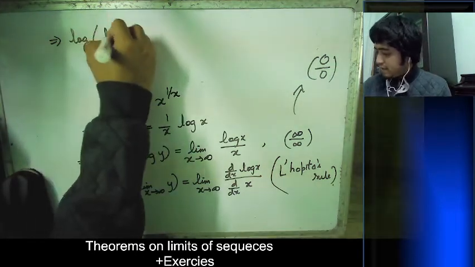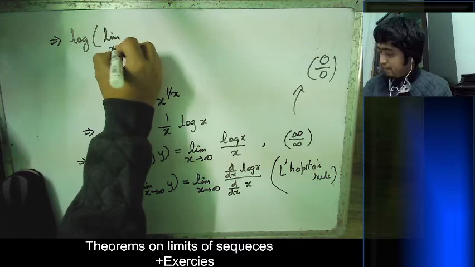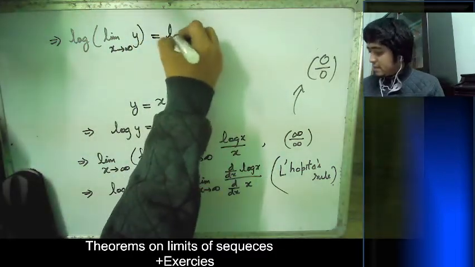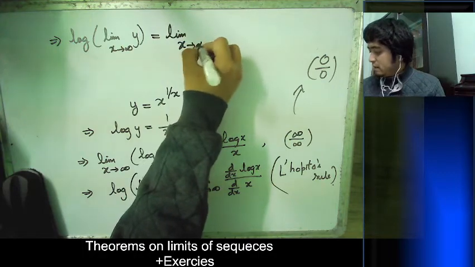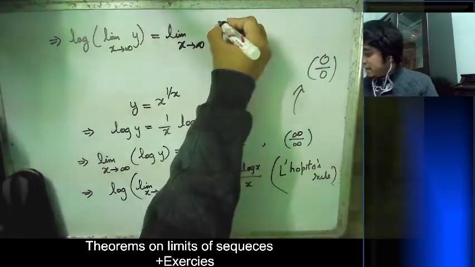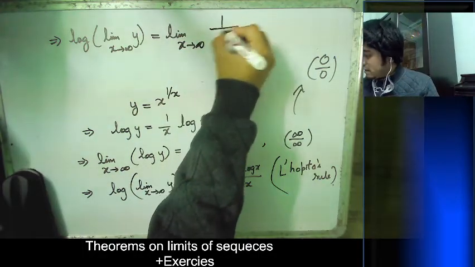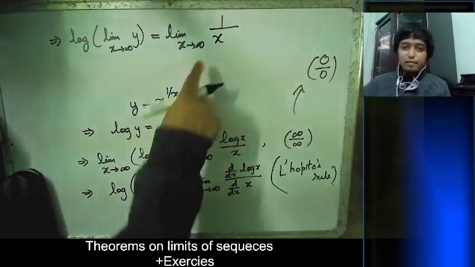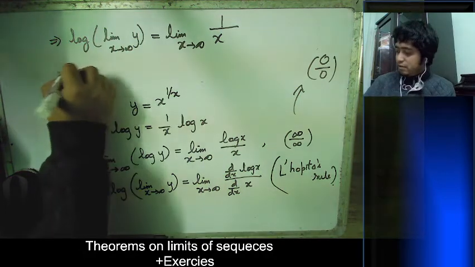Okay, limit x tends to infinity of y. Limit x tends to infinity. If you differentiate log x, it will give you 1 by x. And if you differentiate x, it will give you 1. Okay, so we will be left with this. Okay, so if you notice,